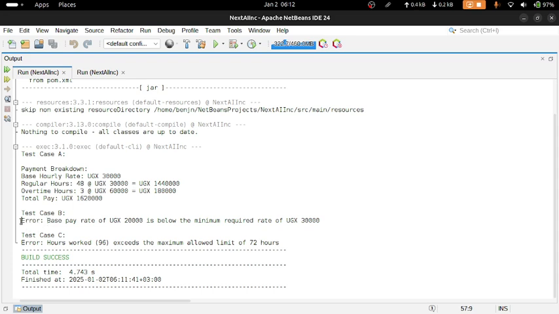This is what, from the validation we checked, resulted as positive and gave us this. So we have this string, base pay rate of 20k is below the minimum required, which is 30,000. Remember this constant here when we declared and initialized it at the beginning. Then test case C, we have this string which was printed on the console. Still we have this error from the validation that was checked. Hours worked, which is 96, exceeds the maximum, which is 72. 72 was a final integer variable that was declared earlier as we began, and the build was successful and the program